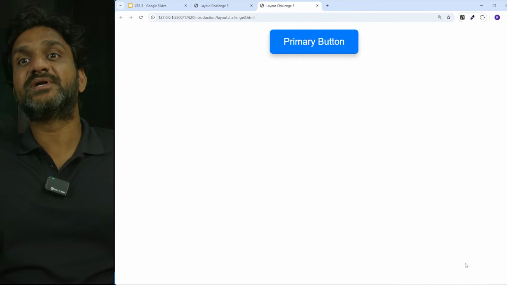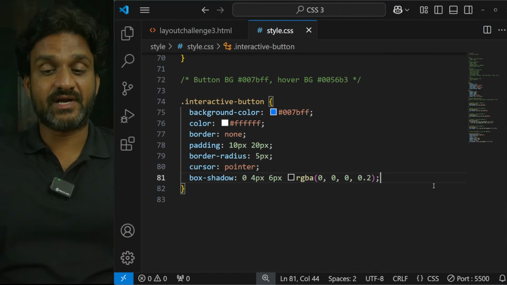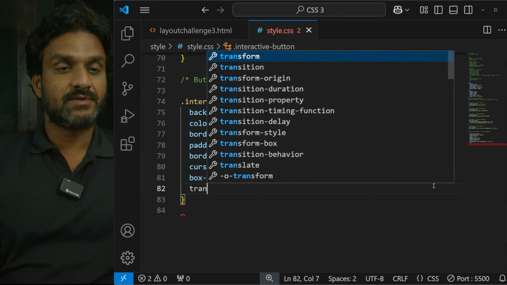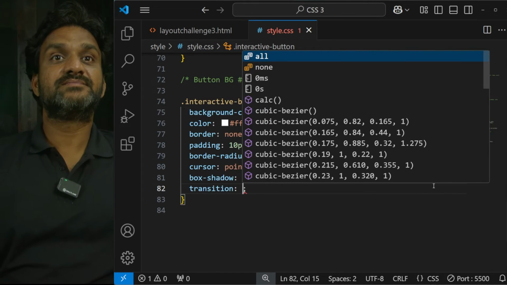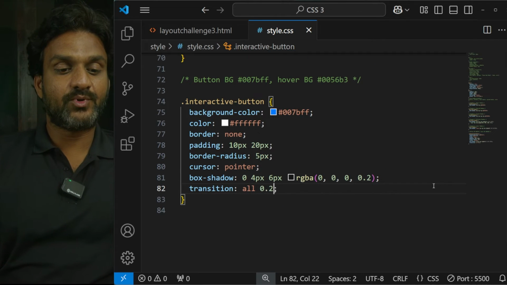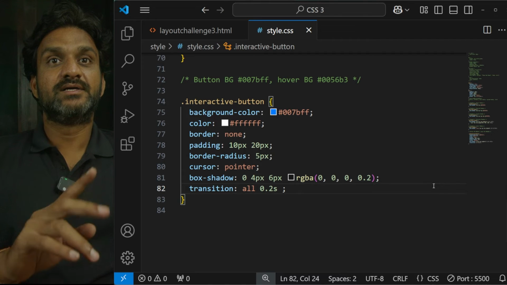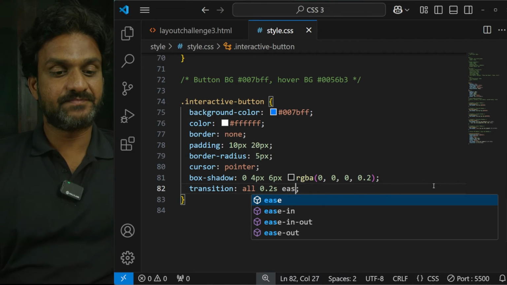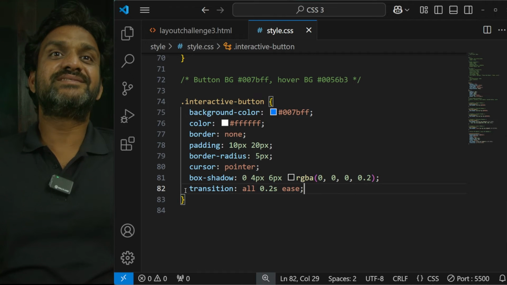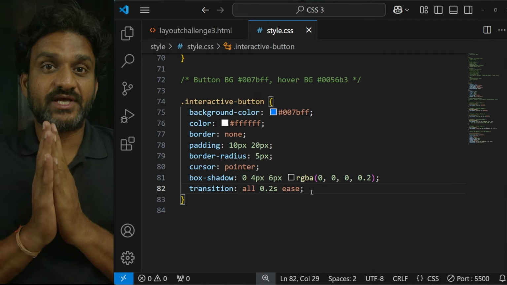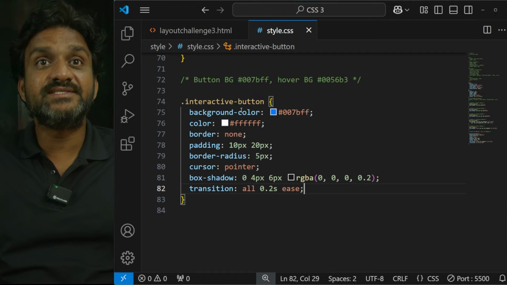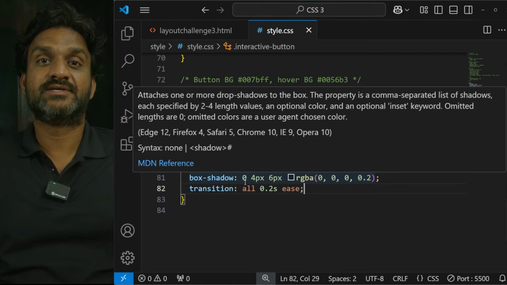There is another property which we haven't discussed so far. I'll write down that property, called transition. Three values are possible: 0.2s, and the last one is ease. So what is this transition? The use of this transition is, whenever there is a change in these properties,